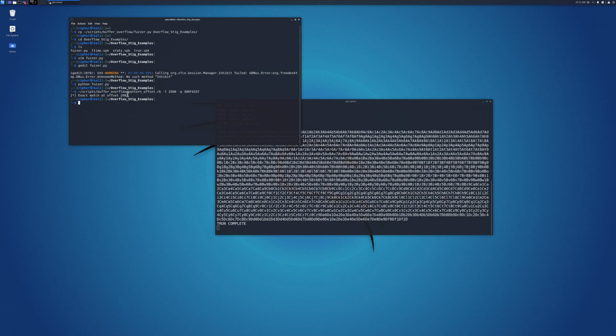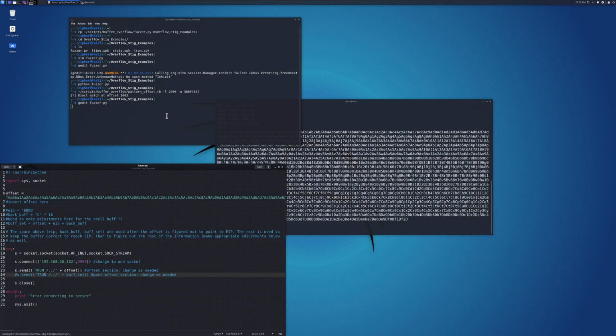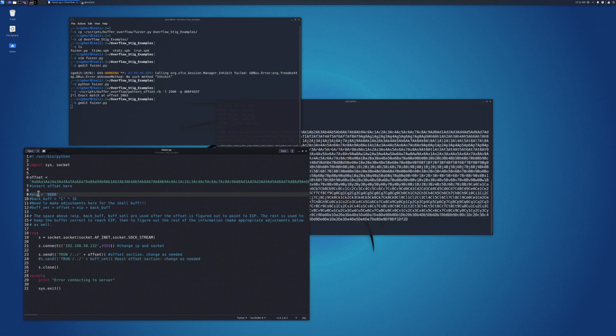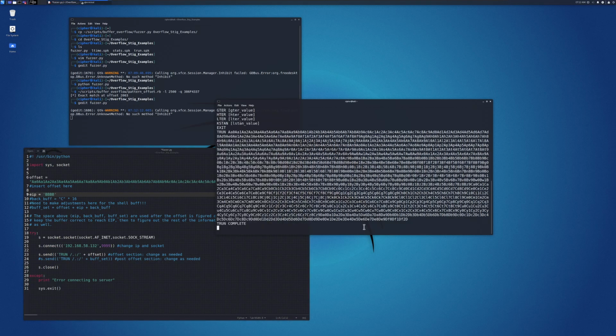Okay, now we're going to do one last thing, and then we're going to call it a day. We're going to go back to our fuzzer. Okay, and we're actually going to get the EIP ready. Okay, what we want to do is put 4 B's in the EIP, okay, which is value 42424242. That's what we're looking for. Now we need to change this, right? We need 2003 spaces. So